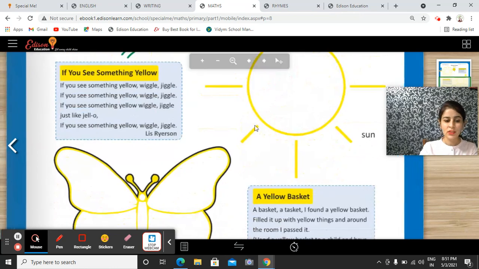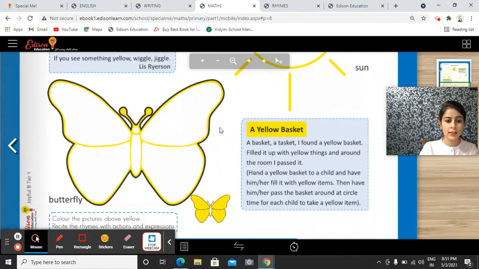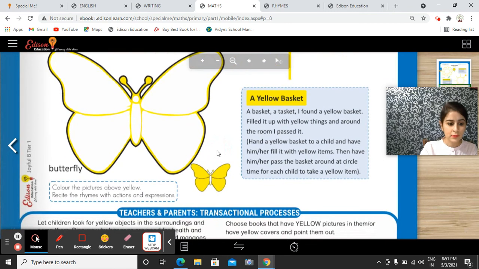Okay. So today we are going to color this butterfly. The way they have colored it over here, the same way you have to color this. So I have my yellow crayon in my hand. Take out your yellow color and let us fill the butterfly.